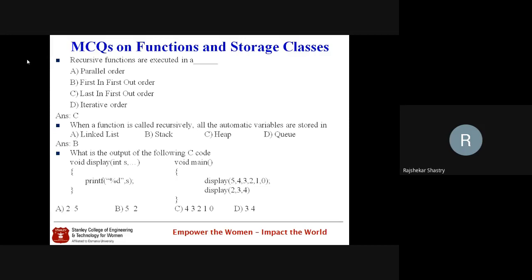So upon calling, I'm printing. I'm not using va_start or va_list, a variable number of argument function. I'm not at all implementing that. I'm simply interested in the first argument. So in the first display method, the first argument is 5, so 5 will be printed. In the second display method, the first argument is 2, so 2 is displayed. So thus the answer is B, Bombay.